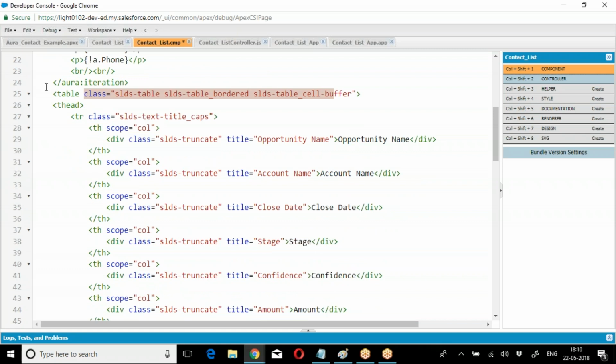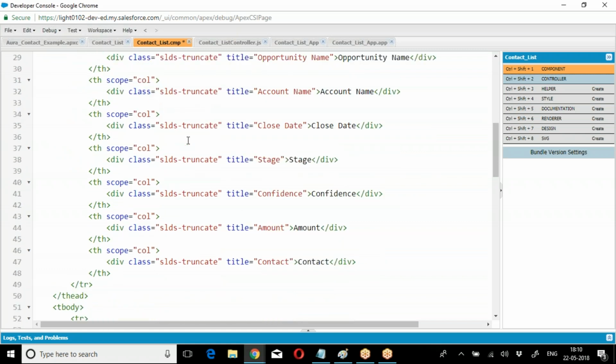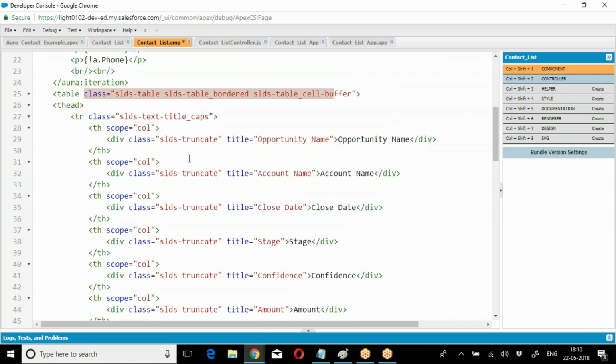Okay. Now they give a table and all this stuff. So what are they giving? They are trying to print opportunity data. So I don't want to print opportunity data. So what I want to do,